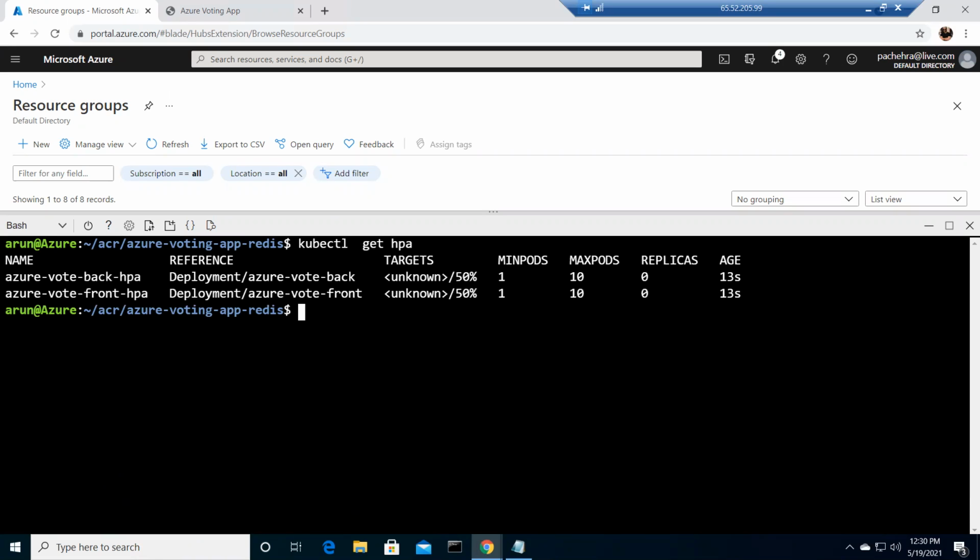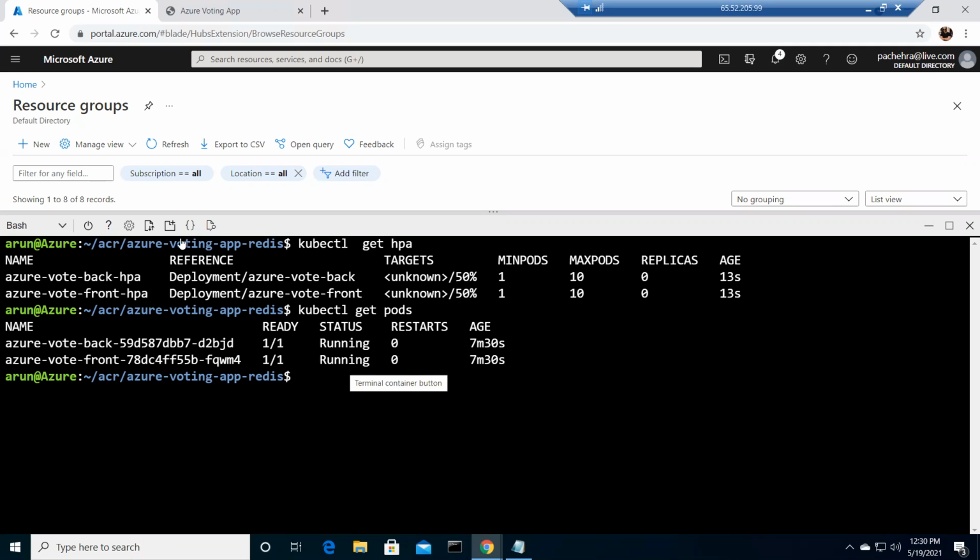replicas 0. And you see the target is unknown because it will take a few minutes to get the information from the metrics server, like what the usage is and things like that. Once it has the information, it will act accordingly by applying the rule. If usage goes above 50%, it will increase the pods. What do you think, if we hit the maximum pod as 10, what would happen then? Keep thinking, we'll answer later, but just wanted to show you, if I do kubectl get pods, we have 2